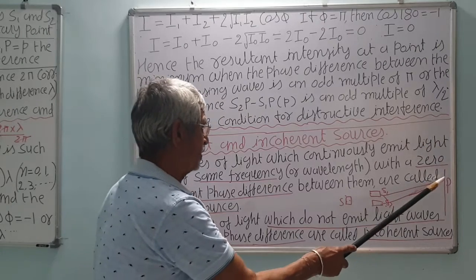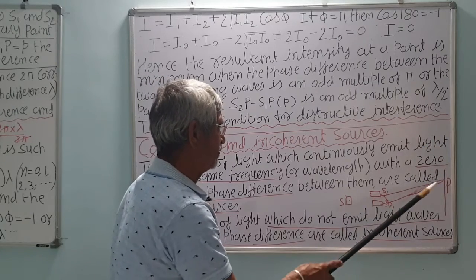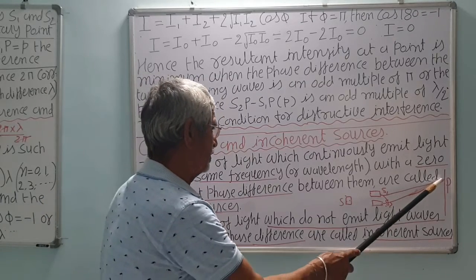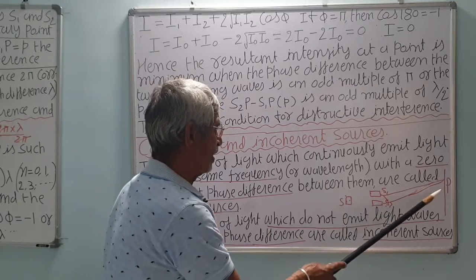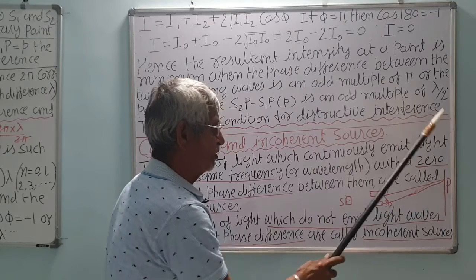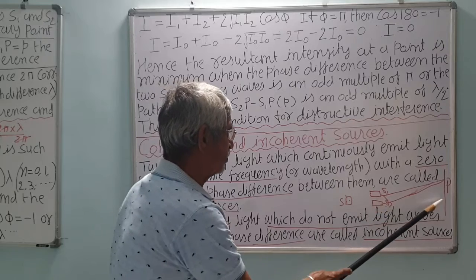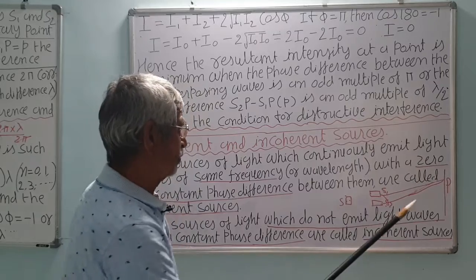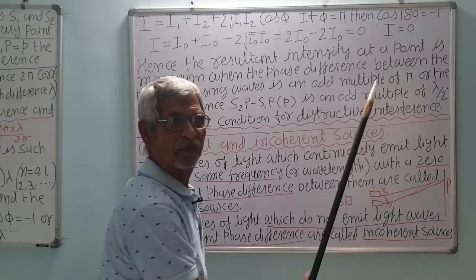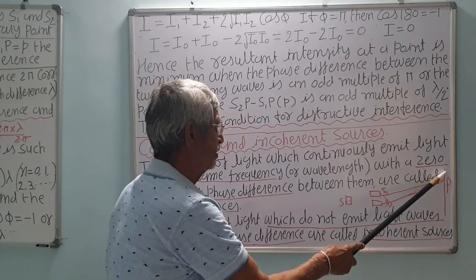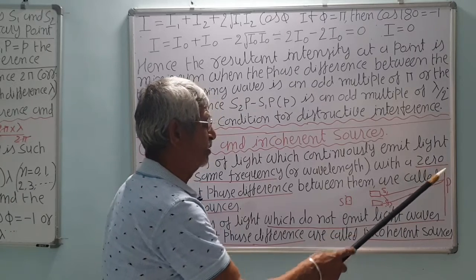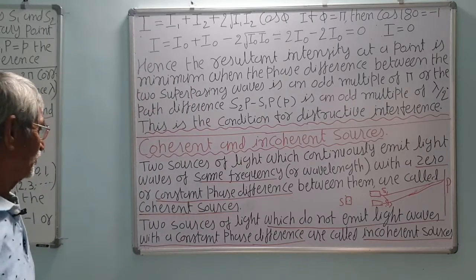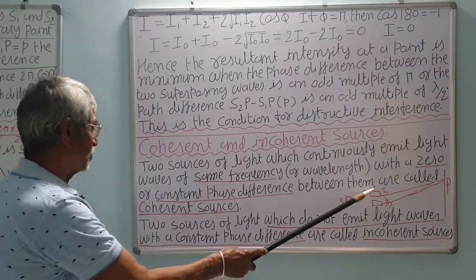If the path difference between the waves reaching here is lambda, then there will be a bright fringe. If it is half lambda, then it is a dark fringe. And at the central equidistant point, with zero path difference, there will be a bright fringe. So bright, dark, then here lambda, then again 3/2 lambda, again then 2 lambda, again bright, like that. So we need the coherent sources.